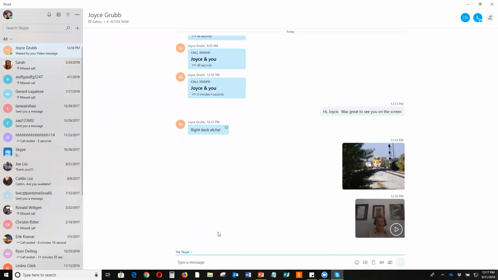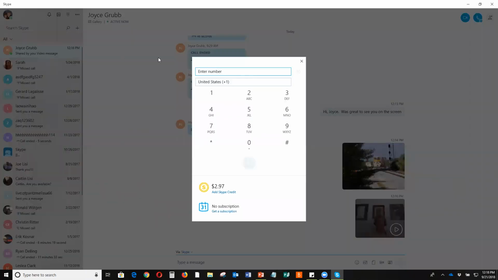Now let's talk about using Skype for things that aren't free. And I'm going to go up in the upper left-hand corner again, where it says call mobiles and landlines worldwide. And I can click on that and I can enter a number. Now keep in mind, you have to have credit.